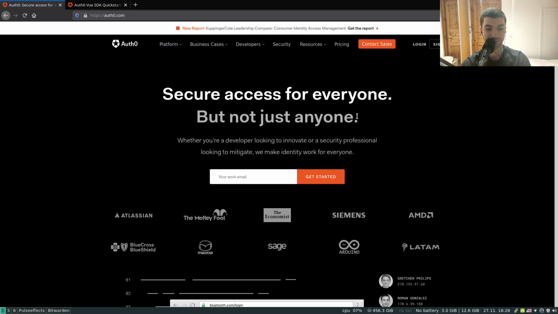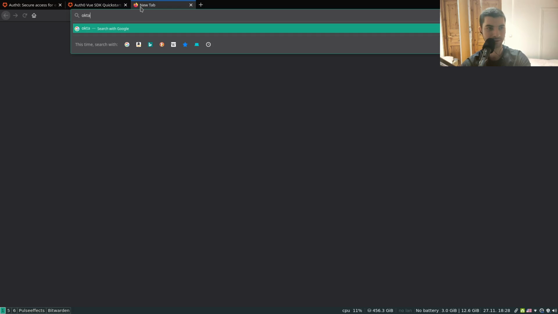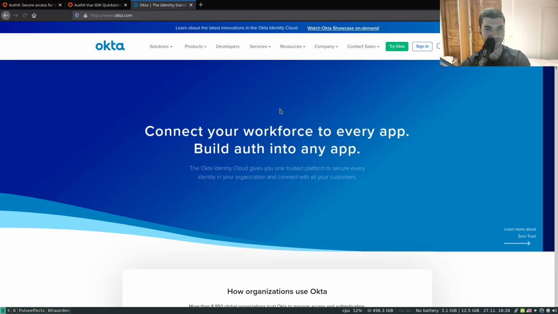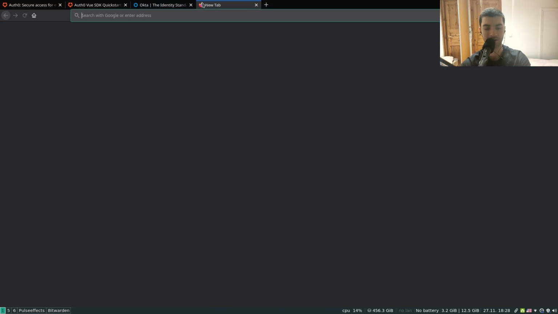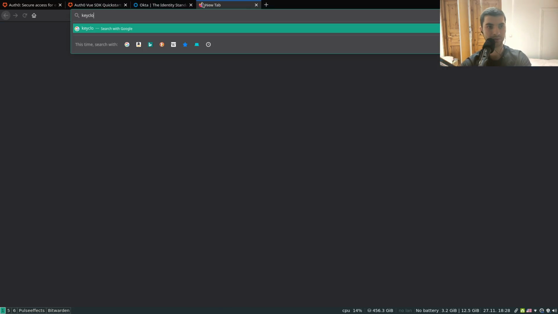So when implementing security, because security is boring and complex, I consider it quite useful to make use of a managed service whenever possible. An example of such a service is Auth0, which I'm going to be demonstrating today. An alternative to Auth0 is Okta,